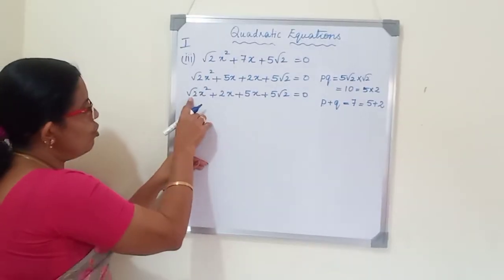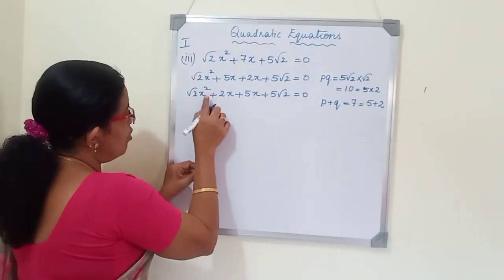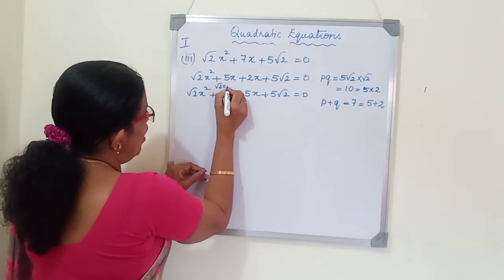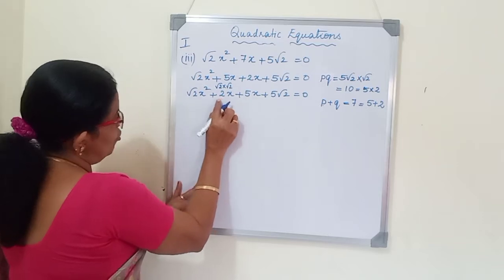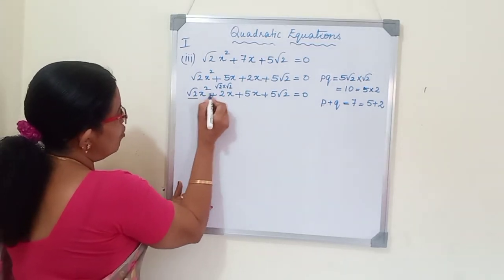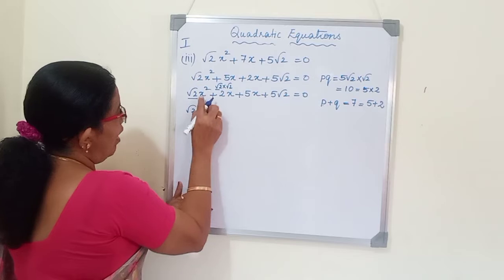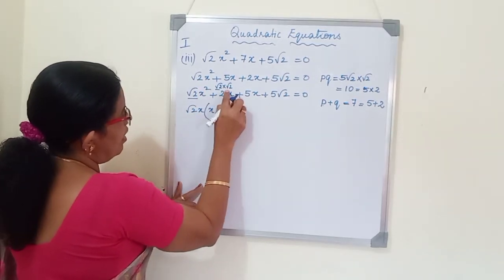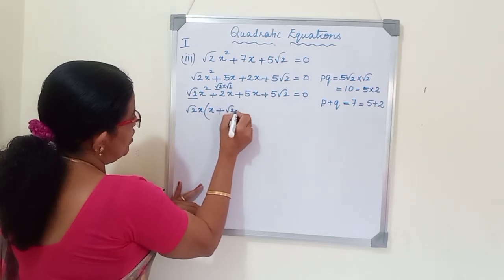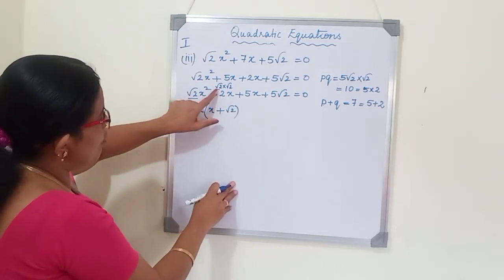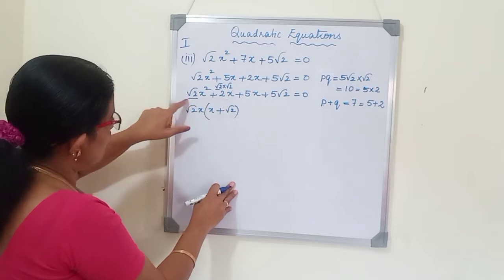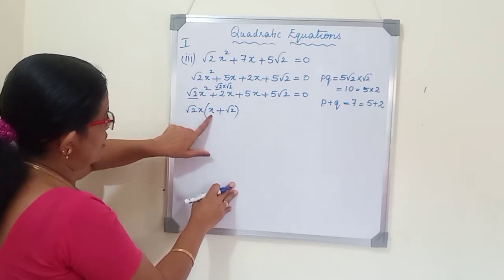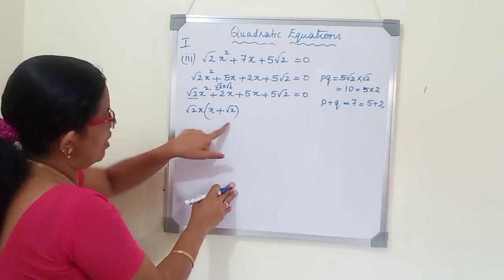Now here, root 2 and 2. What is common in root 2 and 2? We know that 2 is the product of root 2 and root 2. Root 2 into root 2 is 2. So from this, 1 root 2 we will take common and 1x also we will take outside. Remaining here x and remaining here root 2. That is, 2 can be written as root 2 into root 2. From these two terms, root 2x will be outside. x will remain in the first term and here only root 2 will remain.